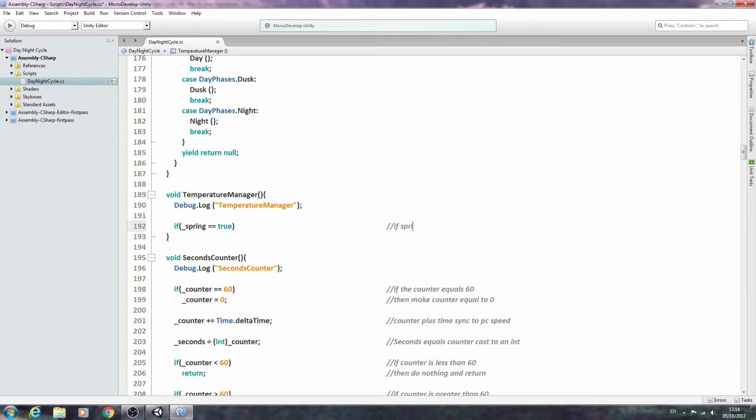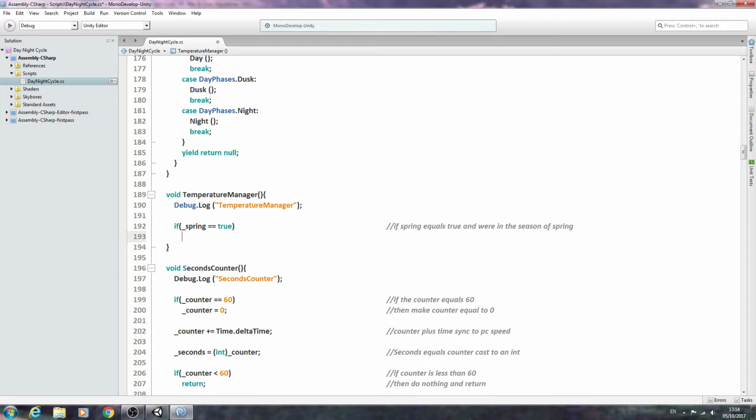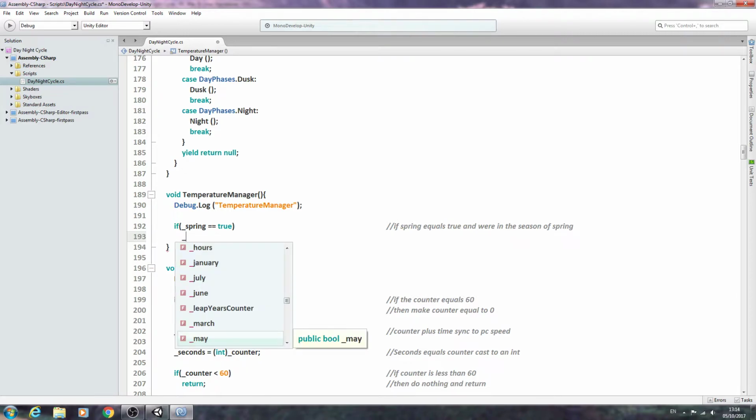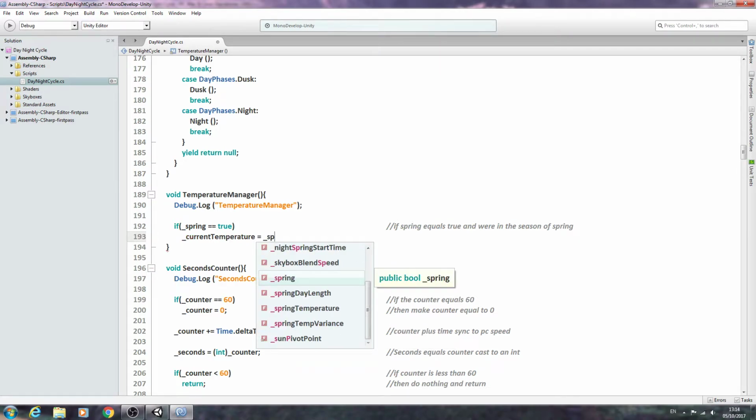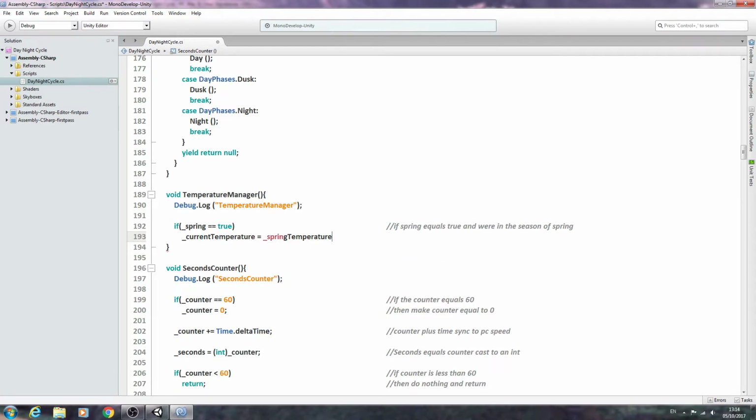So if spring equals true, well, we can put, and we're in the season of spring. We'll come to the next line, and what we want to do is set the current temperature to be equal to our spring temperature, and we're also going to say plus